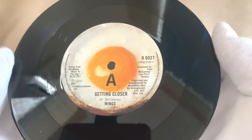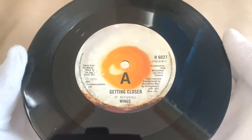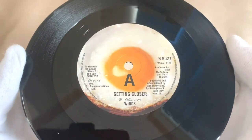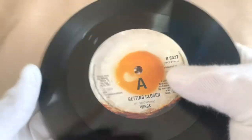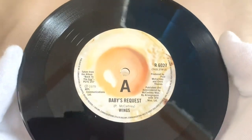We've obviously taken from the album Back to the Egg there, 1979 MPL Communications Limited, with on the right there the original catalogue number, produced by Paul and Chris Thomas, with the A-side Getting Closer, written by Paul and performed by Wings. With the B-side, or should we say the double A side, on the label then,